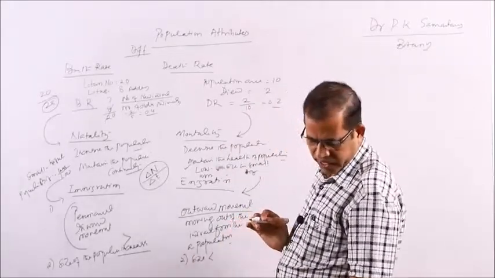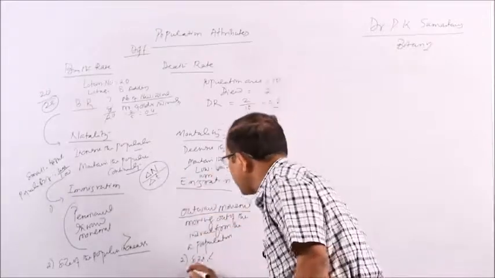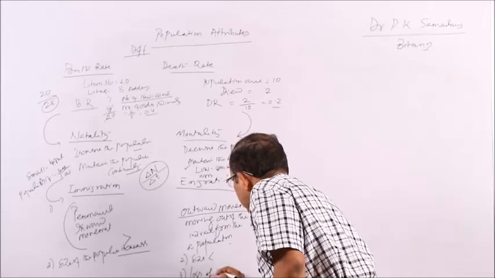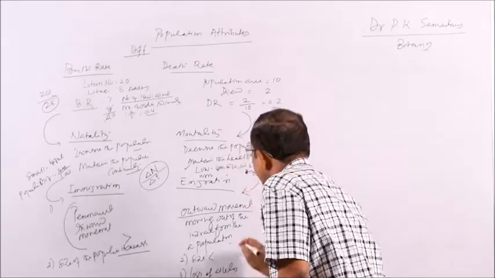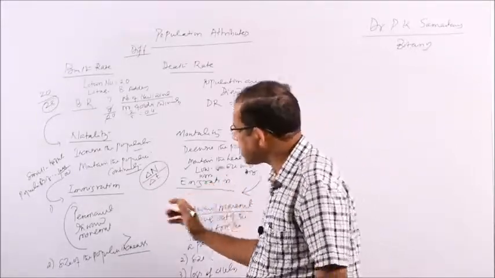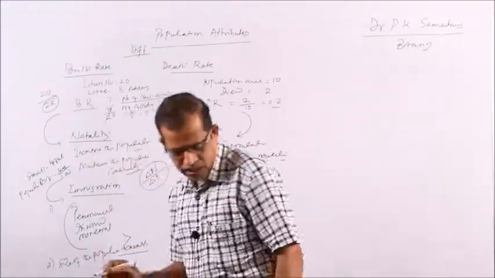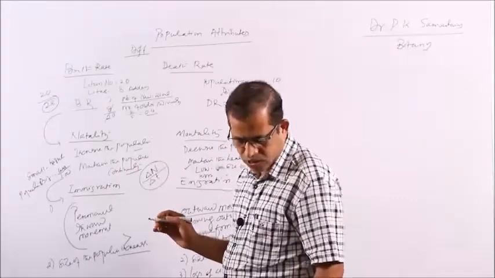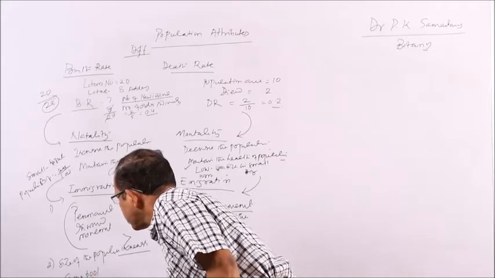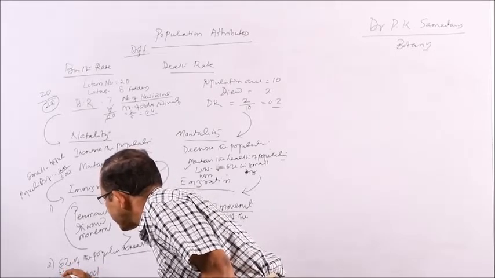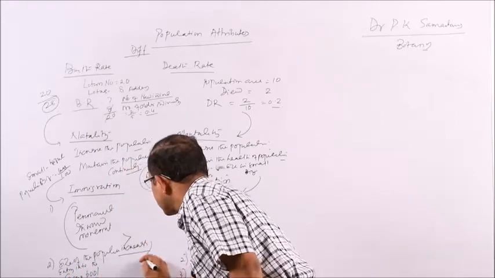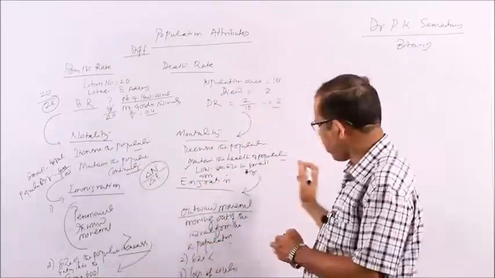So, here what you will find? Here you will find the loss of alleles. You will find the species are moving. So, loss of alleles by this method of emigration. And here you will find the size is increasing, that means due to addition of entry into the gene pool. So, you are finding entry into the gene pool, that is why the size is increasing. Here you are finding there is a loss.